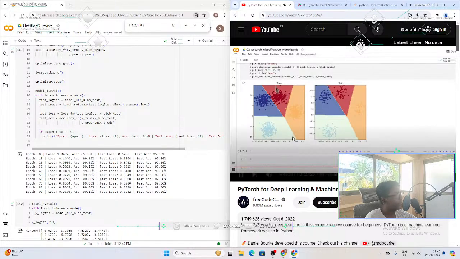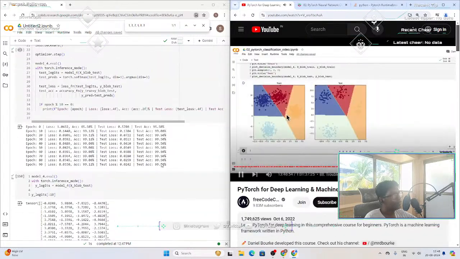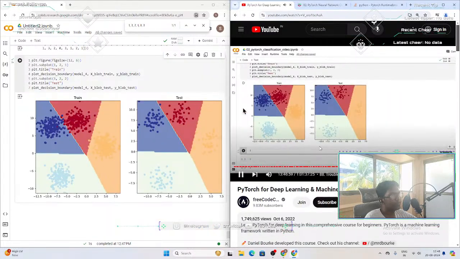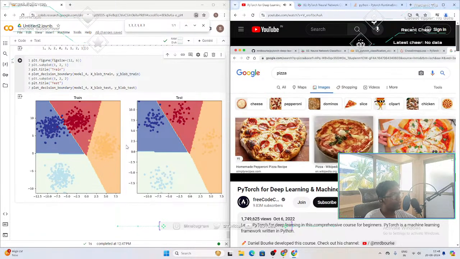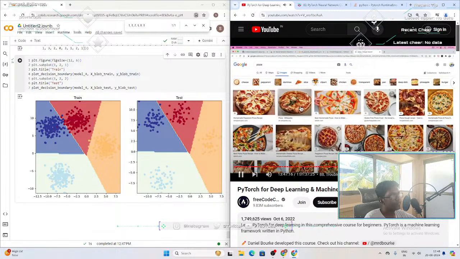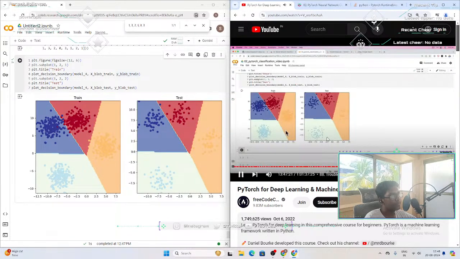So we can draw straight lines only to separate our data. However, a lot of the data that you deal with in practice will require linear and nonlinear, hence why we spent a lot of time on that. Like the circle data that we covered before. And let's look up an image of a pizza. If you're building a food vision model to take photos of food and separate different classes of food, could you do this with just straight lines? Well, you might be able to, but I personally don't think that I could build a model to do such a thing. And in fact, PyTorch makes it so easy to add nonlinearities to our model,